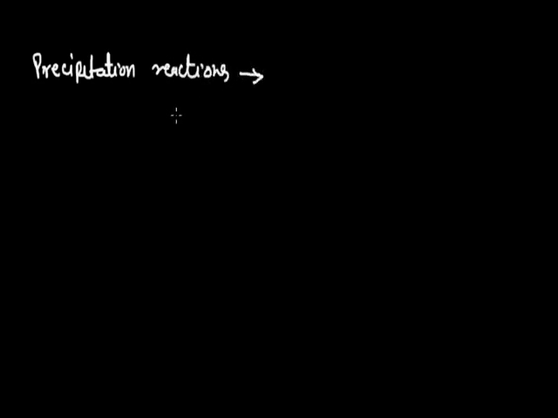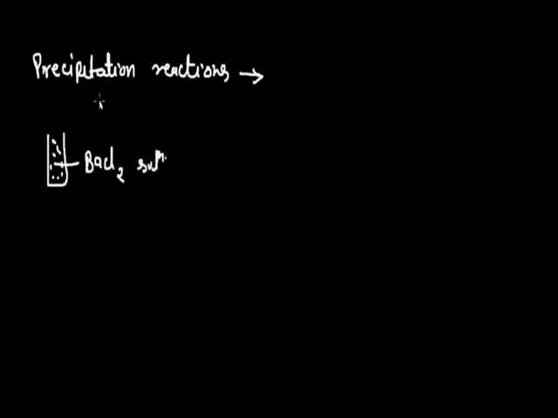A chemical reaction in which cation and anions combine to form a compound of very low solubility or in the form of precipitate is called a precipitation reaction. For example, we are simply taking the example of barium chloride. We are having one test tube. This one contains barium chloride solution,